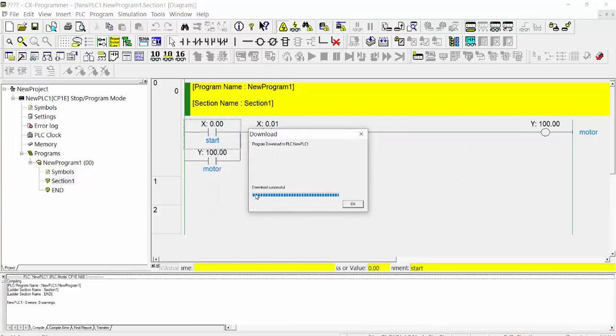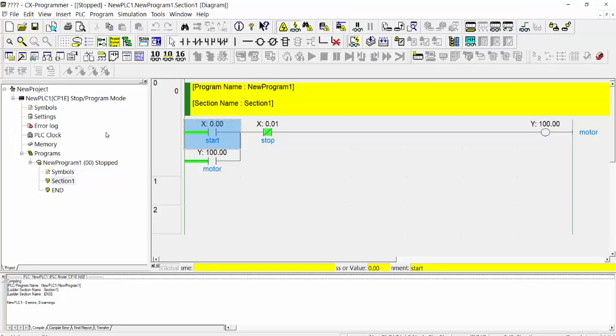And as you can see, the download is successful. The program is downloaded to the PLC, and click OK. And now if you would like to monitor, you must go to monitor mode. When you put it in monitor mode,